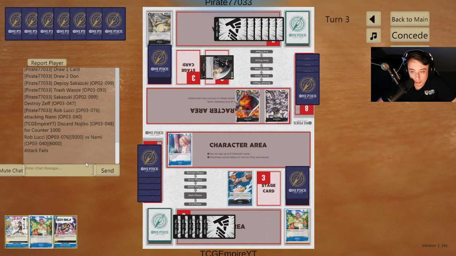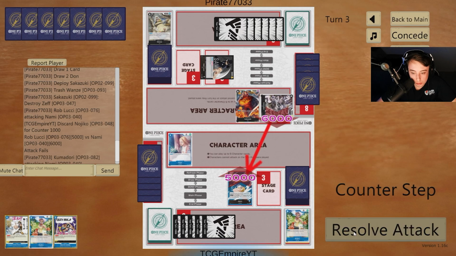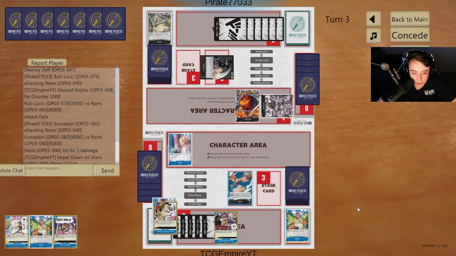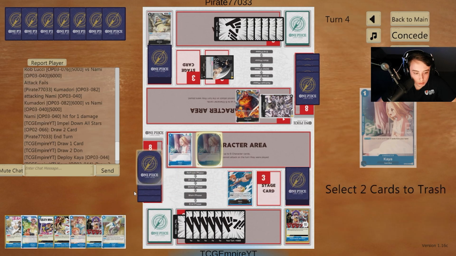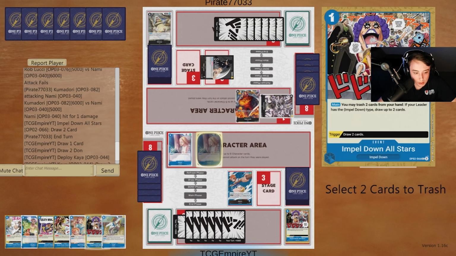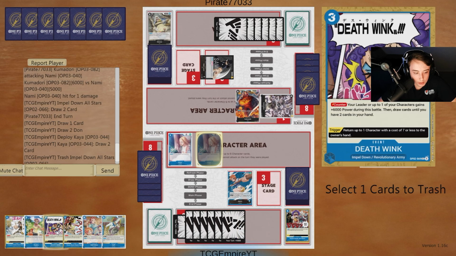So we do have Usopp's rubber band for next turn. We could do the Nojiko, but I think we're going to take this, so we'll use the trigger effect to draw 2. So we got a lot that we can actually do. So we do have a 1-drop as well, so I think we'll do this. We'll get rid of the Impel, and then we'll also get rid of the